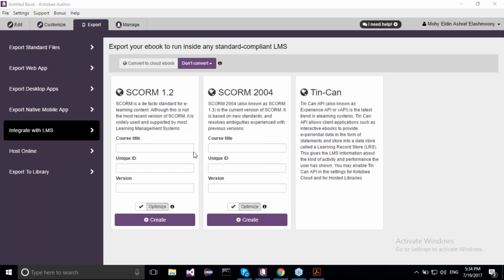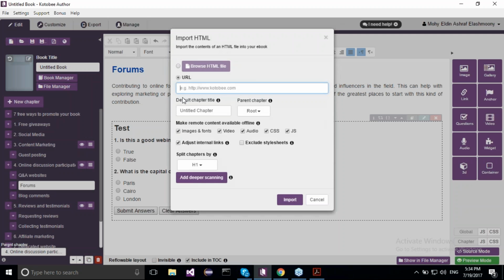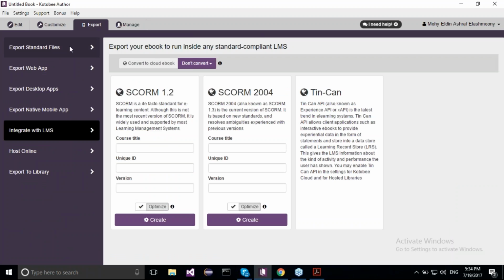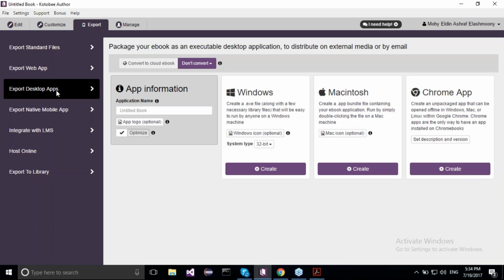Another good question: is it possible to try the WordPress convert in the free license? Yes, you can. Let's go back. You can actually try it with the free license. With the free license, you can create an unlimited number of ebooks, either creating them from scratch or importing a PDF or HTML. After you create your ebook using the free license, you can export an unlimited number of EPUBs and an unlimited number of web and desktop apps, but it will be with the Kotobee watermark and logo, with a maximum of 30